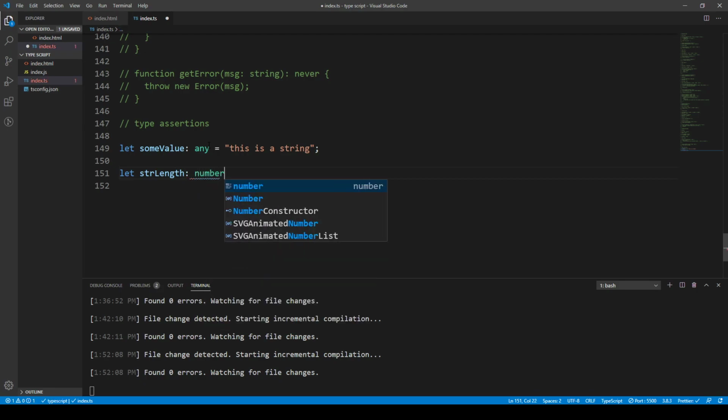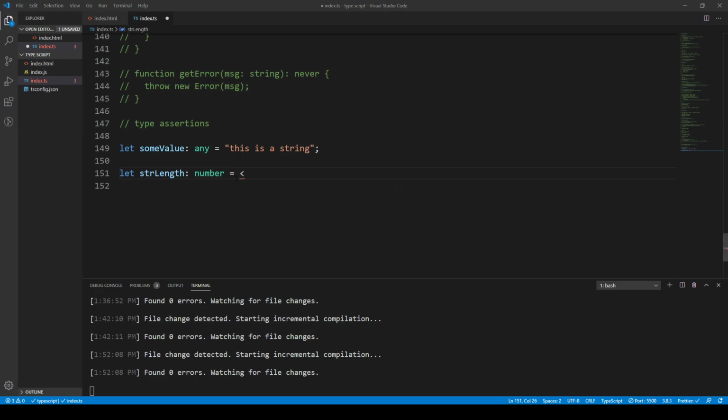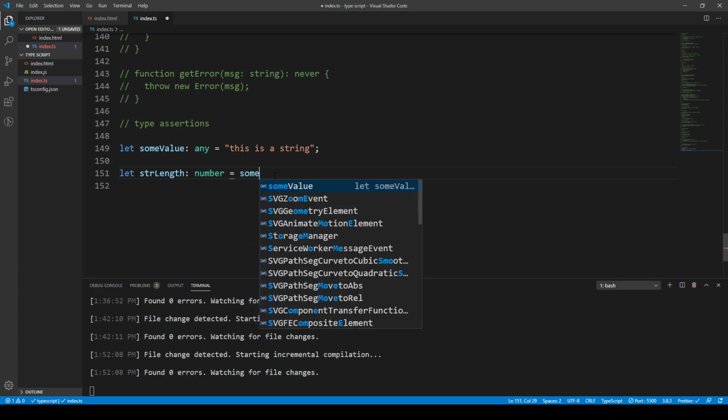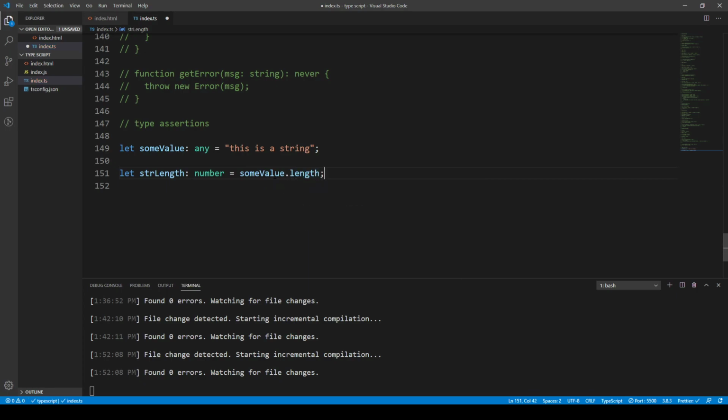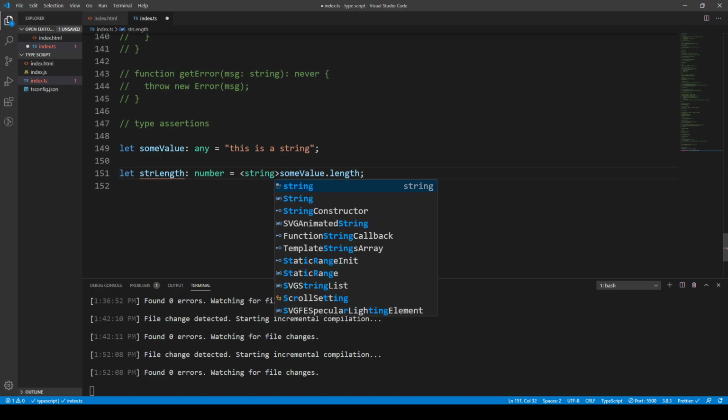and that can be a number, and that's going to be equal to, okay, so then we use these angle brackets, and these angle brackets allow us to do the type assertion. So actually I might just write out the variable first. We could have some value, which is any type, dot length, and before that variable, since we want to assert the type of it, we know it's a string, so we can convert the type to a string,